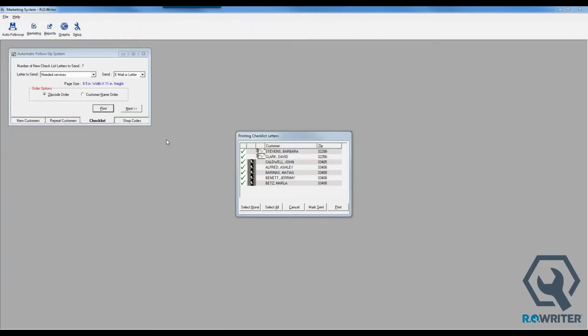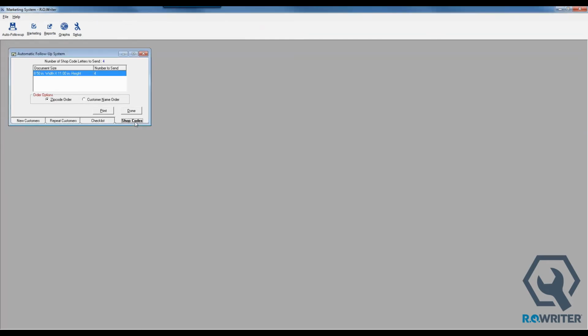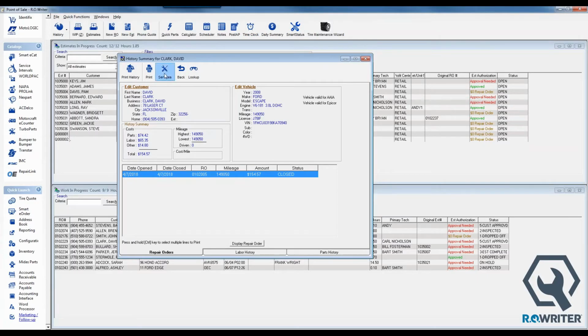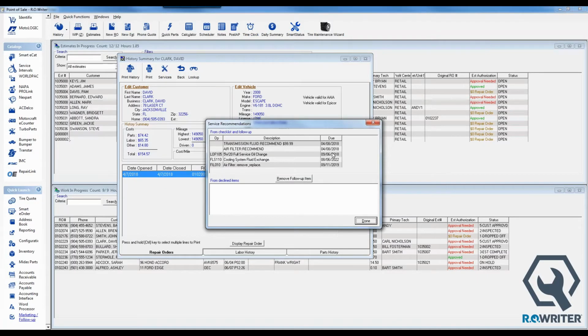One last tab that's over there, and it says shop codes. And again, what I termed as shop codes was really a labor operation, a job that was performed on a transaction. So again, if I looked at my list of shop code letters, what you're going to find is that Mr. Clark doesn't exist in here, only because if I went back and looked at his history and looked at the services window, again, September, October, or August of 2022, and then September of 2019,